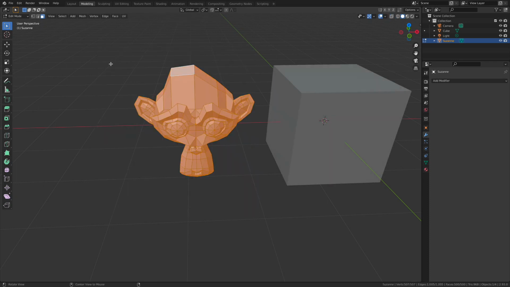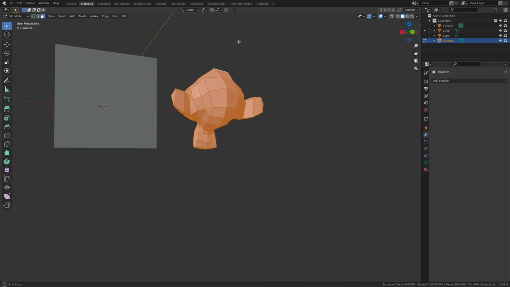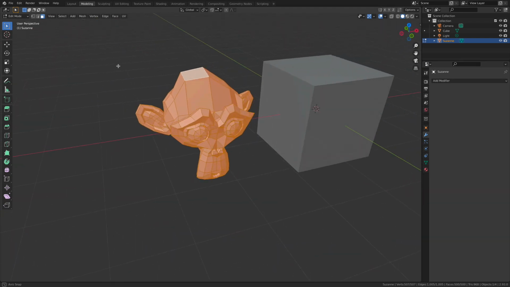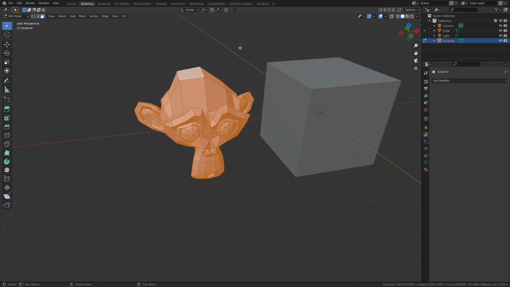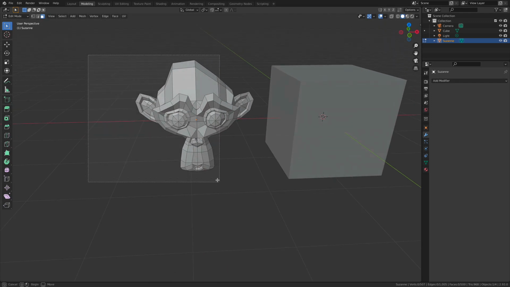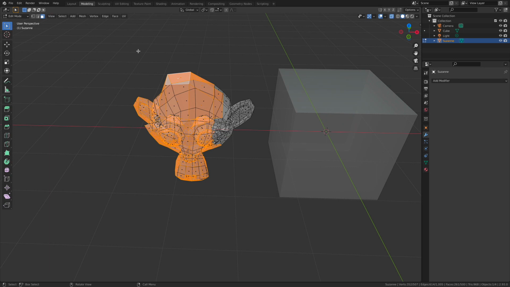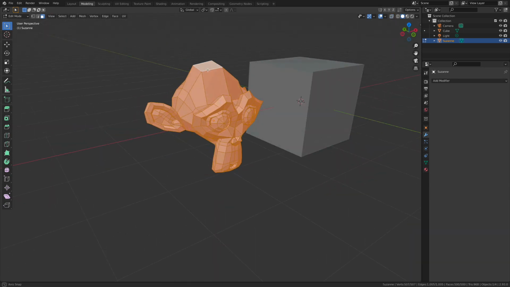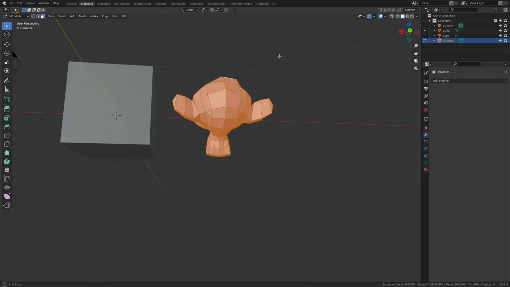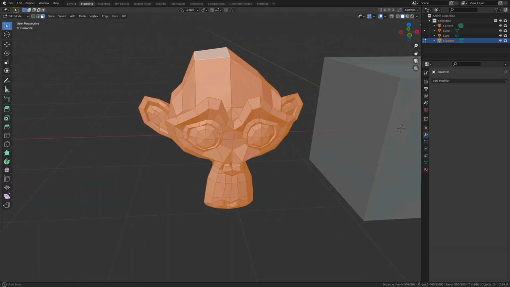Now when I turn it off, I can see that I've selected all the faces in good old Suzanne, which is pretty cool. So with it off, it's only going to select the front-facing polygons, not going to grab the back ones. And then with it on, I'll be able to go in and select everything. And I'm going to turn it off just to make it easy to see. And now I've gotten everything. Just that easy, which is pretty cool.